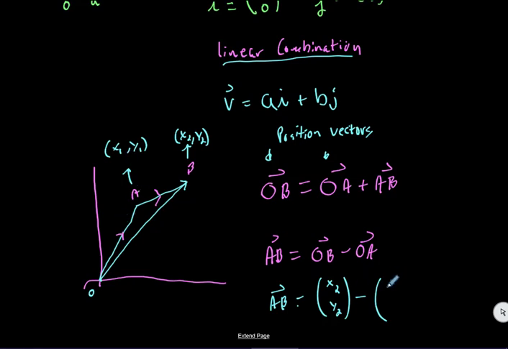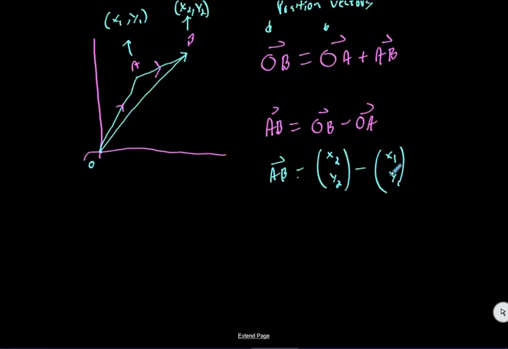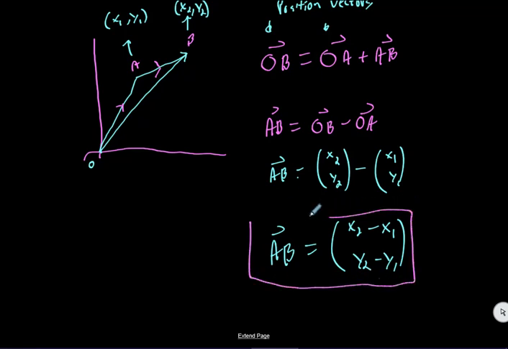It would be x1, y1. Good? So what do we have right here? I know that AB as one vector would be x2 minus x1, and then y2 minus y1, and I can write that vector in space just like that. And we're going to use this fact right here just to help us solve our